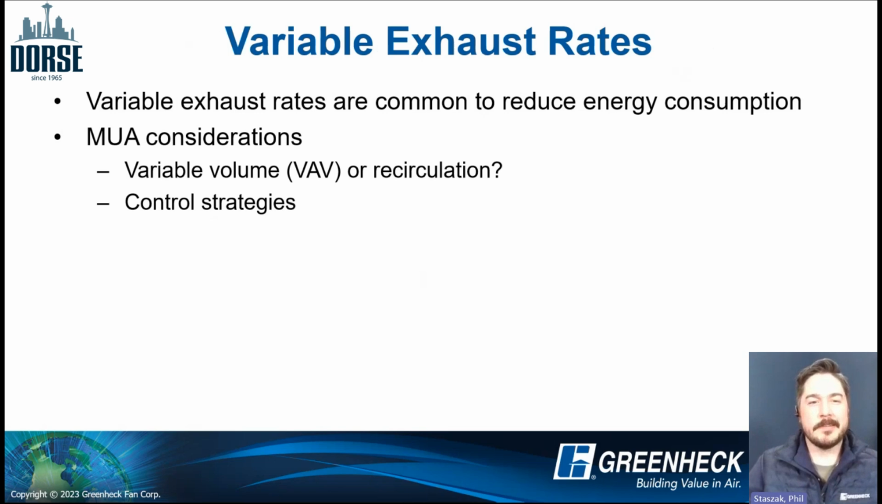Now, variable exhaust rates. I talked about the two different options and how we do this. It's very common, obviously, to reduce energy consumption. The lower you can reduce airflow, the less outside air you're bringing in that you need to heat or cool, and then physically move with power, the horsepower of your fan. So variable volume or recirculation. That's your two options: being able to physically reduce airflow up to 50%, or if you can recirculate 100% in an IGX selection or up to 80% with a direct gas fired unit, the more air that you can